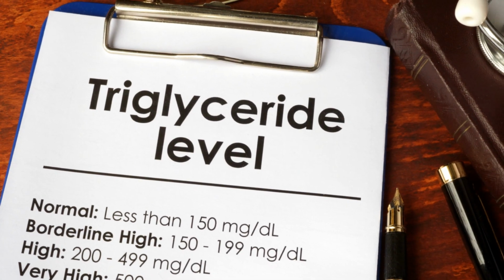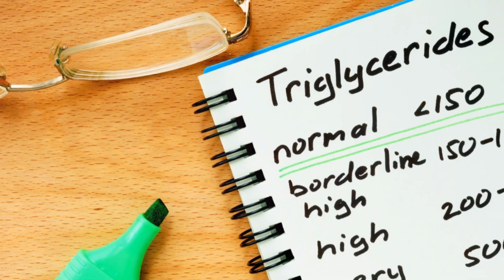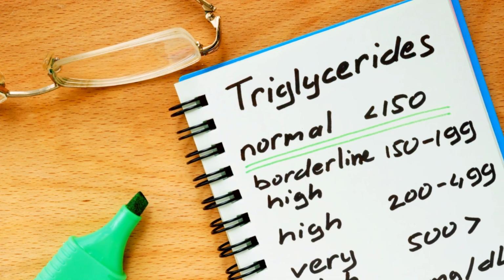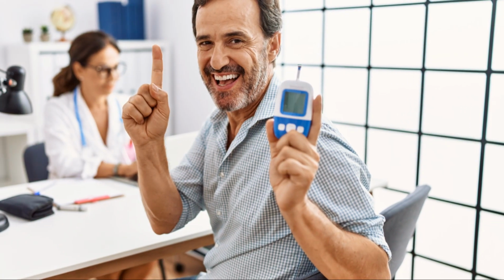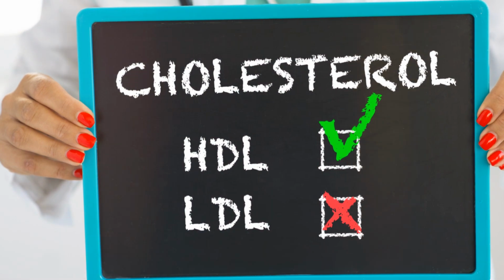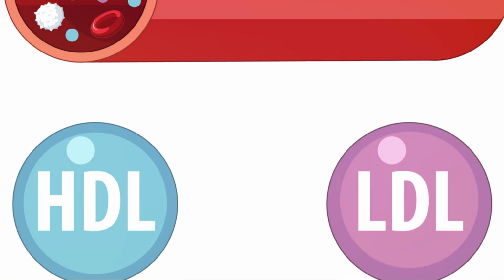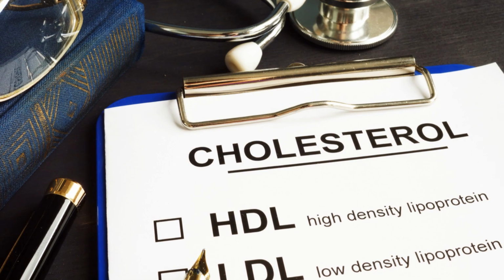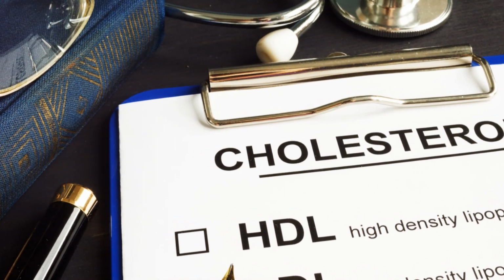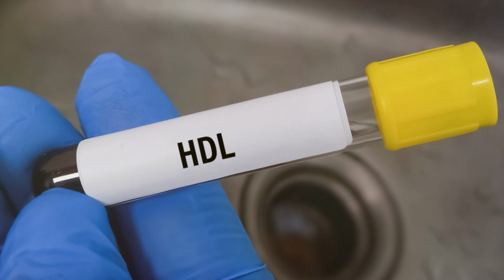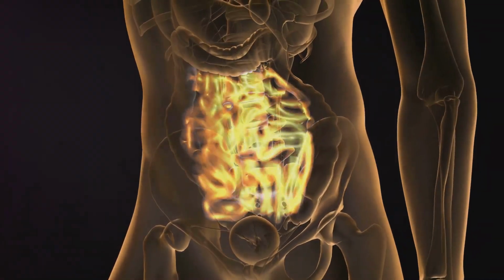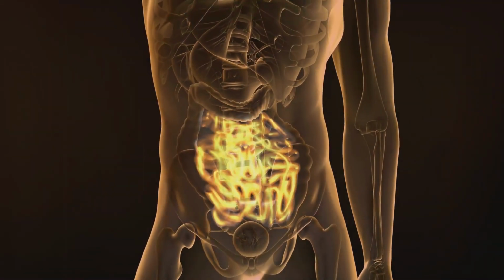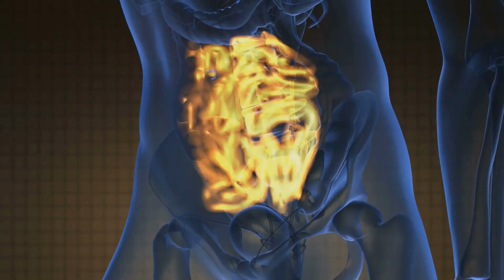metabolic syndrome. Fourth, we have high triglycerides. These blood fats often rise when insulin resistance is present. Tom, a 55-year-old man with triglycerides of 200 mg/dL, was surprised to learn about the connection between high triglycerides and insulin function. On the fifth spot, we have low HDL cholesterol. Reduced levels of this good cholesterol are common in insulin resistance and metabolic syndrome. Lisa, a 40-year-old woman with an HDL level of 40 mg/dL, discovered this could be due to insulin resistance. Next, there's the pro-inflammatory state. Chronic low-grade inflammation is associated with both insulin resistance and metabolic syndrome.